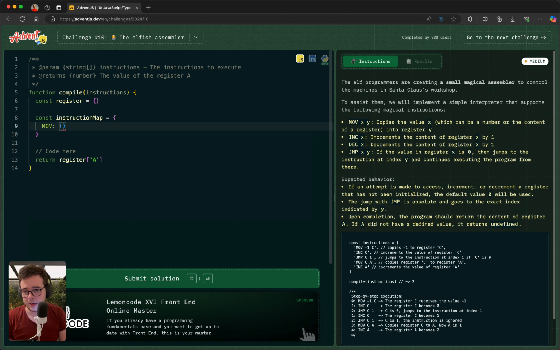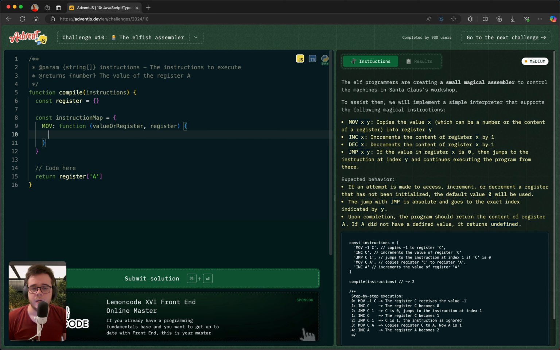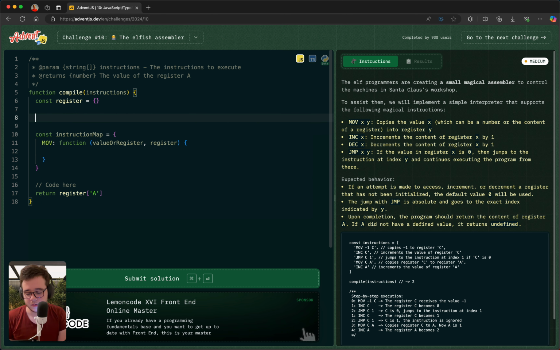It will be a function, basically. The first value, as I said, is a number or register, so let's call it valueOrRegister. Then the second one is the register. Okay. So I think we need to check if the value is a number or a register. For that, I think we can use a simple function. Well, let's